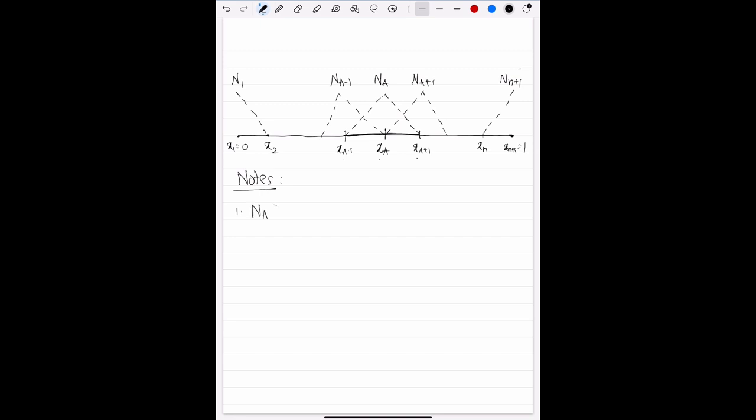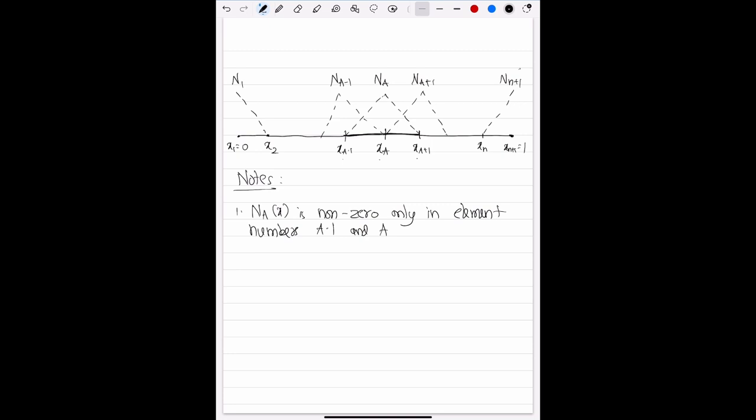So Na of x is non-zero only in element numbers a minus 1 and a, and it is 0 in all other elements. So essentially, the way we define our basis functions in the finite element method is that they are locally defined, or they are non-zero over a finite number of elements only, and they are 0